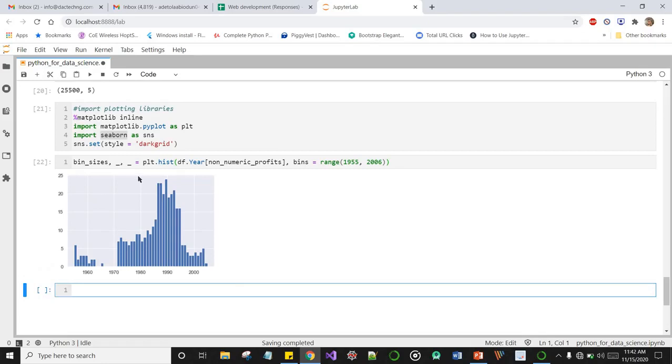From this histogram, we can quickly visualize that we have even less than 25 NA values. We even have the largest amount of NA values around the 90s, and it's not even up to 25.